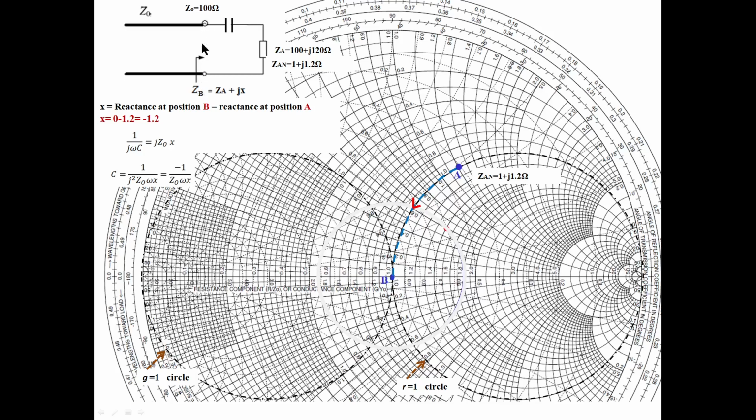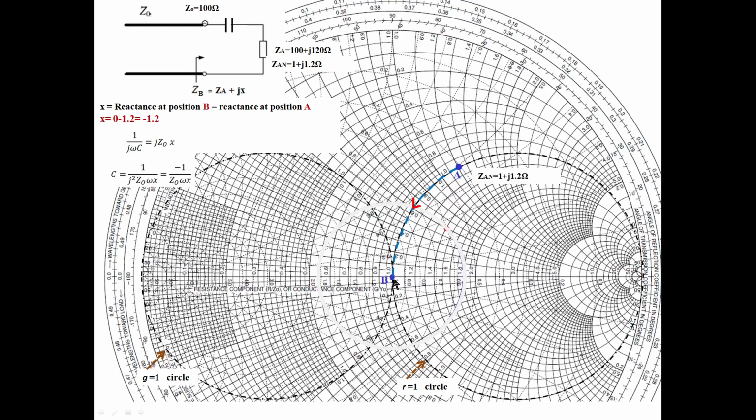So here the impedance is at B. This element gets added with this, so finally the impedance ZB becomes 1. At B the impedance is 1. So like that, this is the movement. You can get it like this. Here we easily reached it because our point is at the center of the Smith chart. See, at the center of the Smith chart only two circles are passing. One is the r is equal to 1 circle, and the g is equal to 1 circle is also passing through this point.